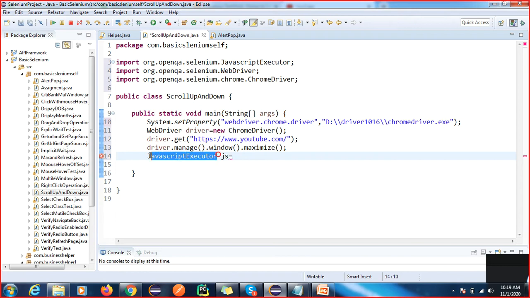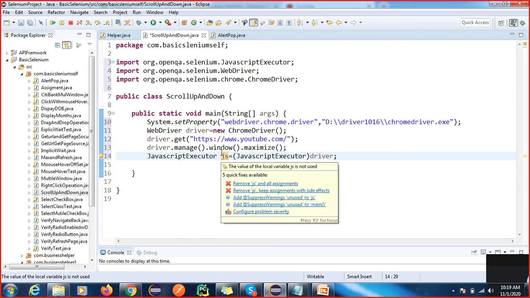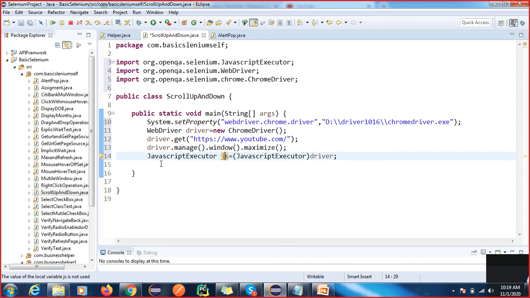We are going to convert this WebDriver type into the JavaScriptExecutor by using the cast operator. If you remember, we have learned casting in Java. If you remember or forget, what happened? We converted this driver type into the JavaScriptExecutor because we also have to interact with the WebDriver, right?